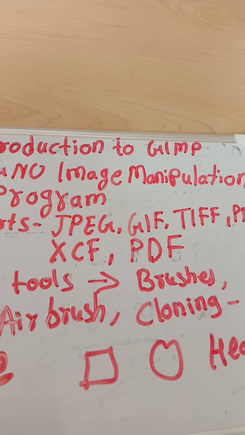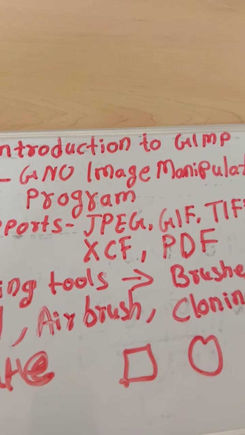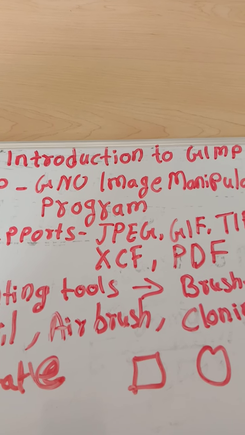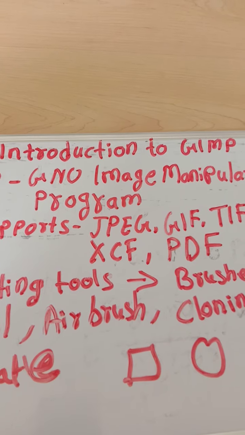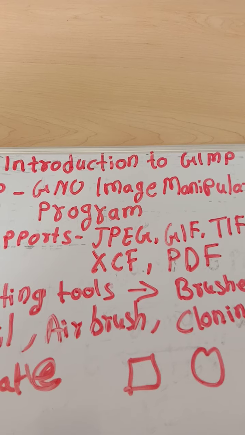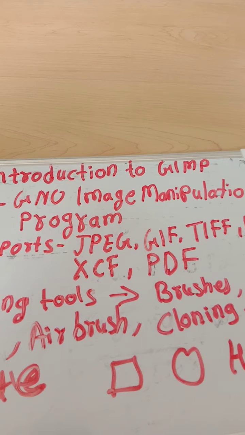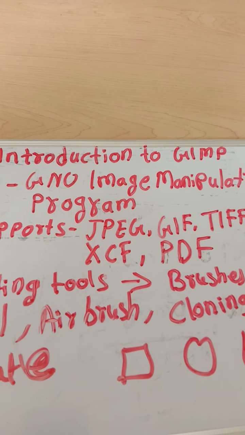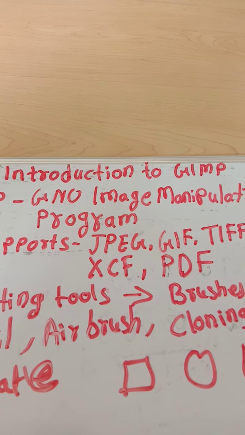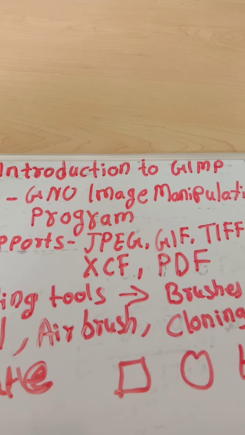Now JPEG, it stands for Joint Photographic Experts Group. It is a universal file format that compresses and stores an image file. You must have seen when you are downloading something from the internet, mostly all the pictures are available in JPEG format only. If you go on Google search and look for images of flowers, all the flowers usually come in JPEG format only.